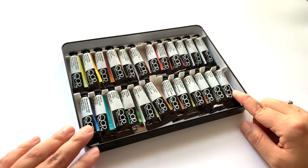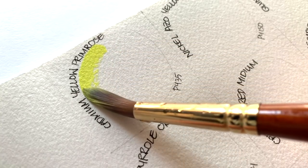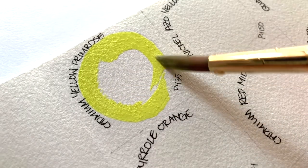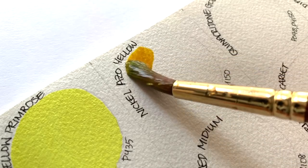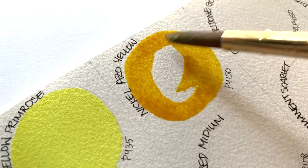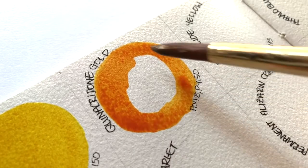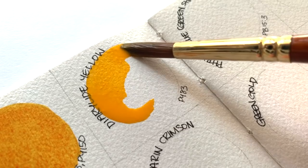I'm very excited because QoR do really good watercolor, and I already know it's going to be a joy. The colors that come in this set are Cadmium Yellow Primrose, made with PY35, Nickel Azo Yellow, PY150, Quinacridone Gold, which is made from PO48 and PY150, Diolite Yellow, made with PY83,